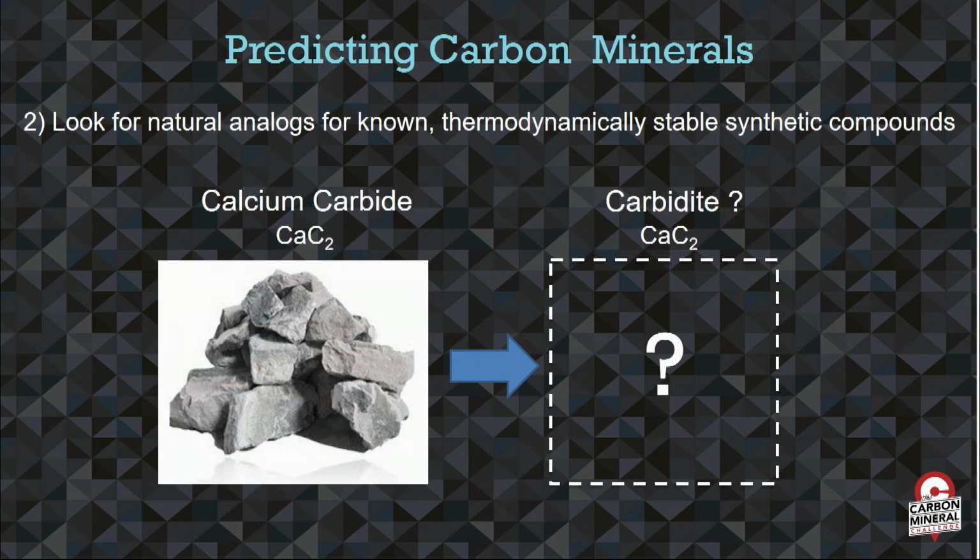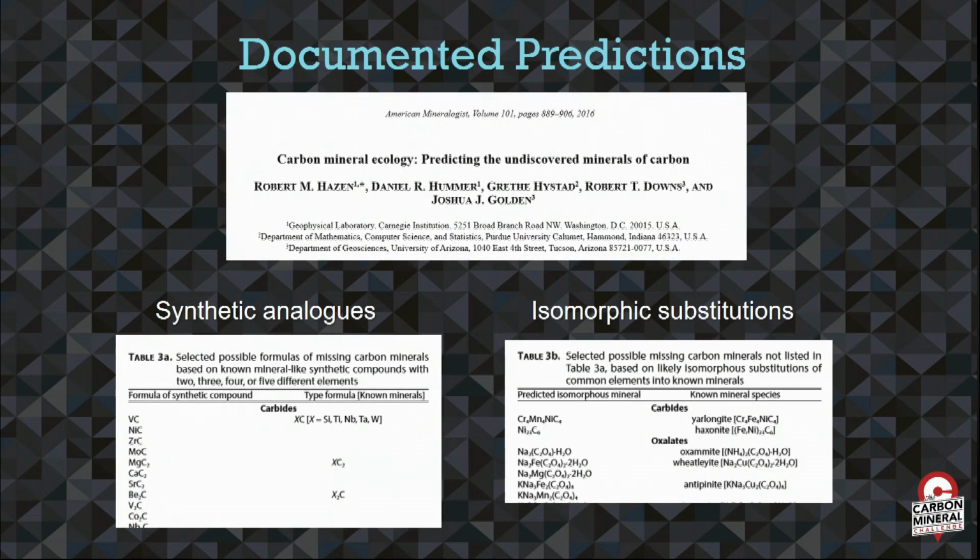So we can take stable synthetic compounds that we know about, like calcium carbide, and predict, well, maybe that occurs in nature too, in the right environment, higher temperature environment, reducing environment, and we can make the prediction, well, maybe carbidite exists. That's not a real name, I just made that up, but that's a potentially new mineral that's out there to be discovered. So Bob Hazen and myself and several other people put together this paper that enumerated all